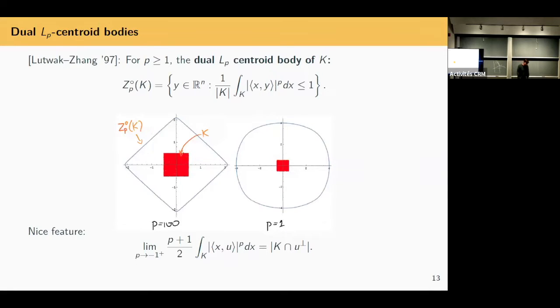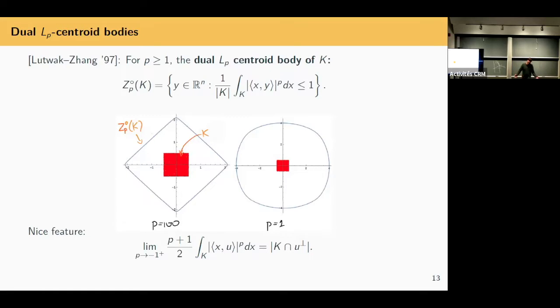Okay, so quick picture. When P is infinity, the LP norm goes to the infinity norm. That's the max. That's exactly the polar that you saw before. It's just K polar. And if I do a quick sanity check where K is this red square, it's L infinity, the dual is exactly L1. I did this with P being 100, but on a computer 100 is just as good as infinity. So you really see the dual.